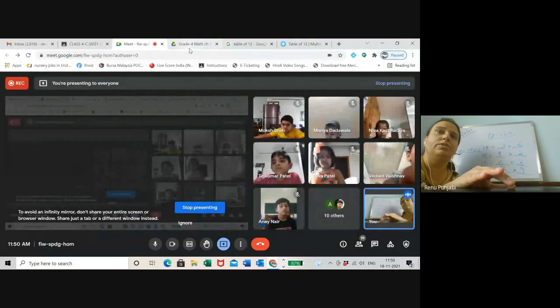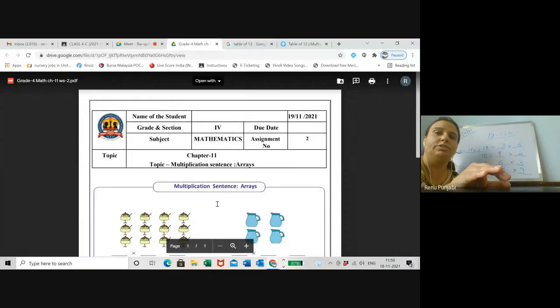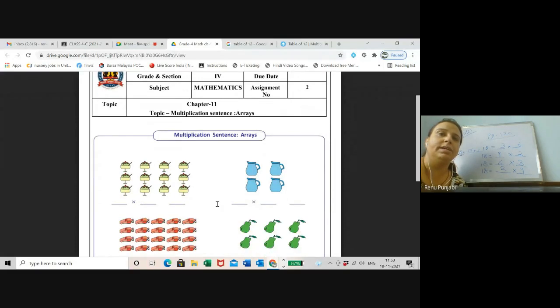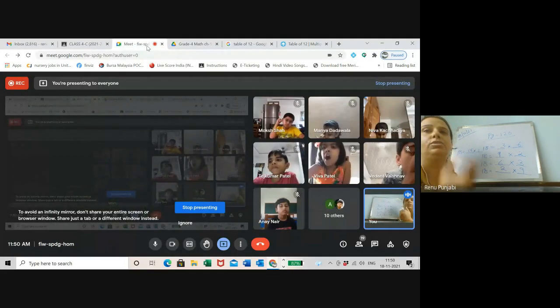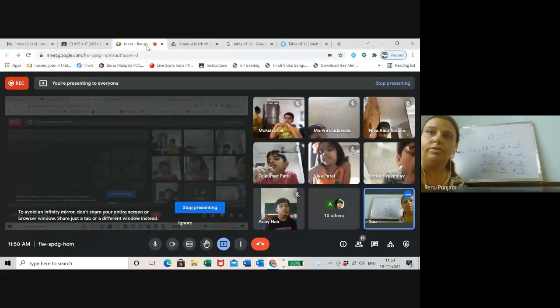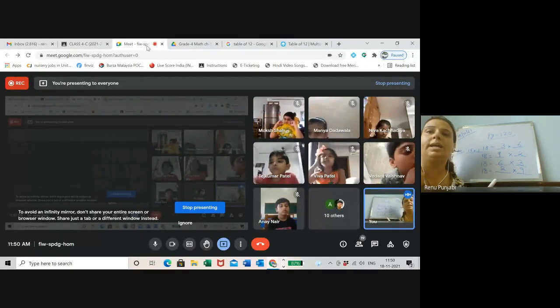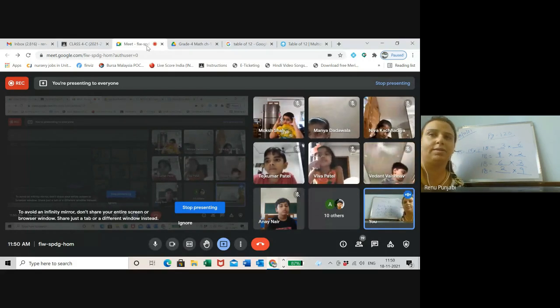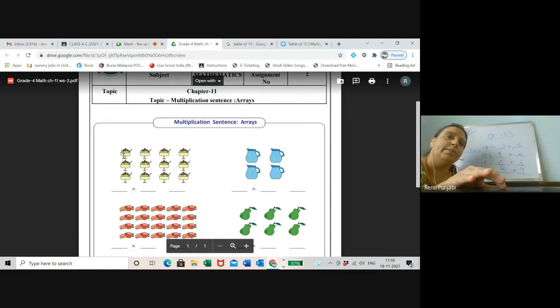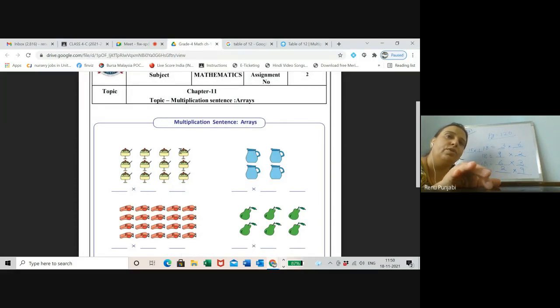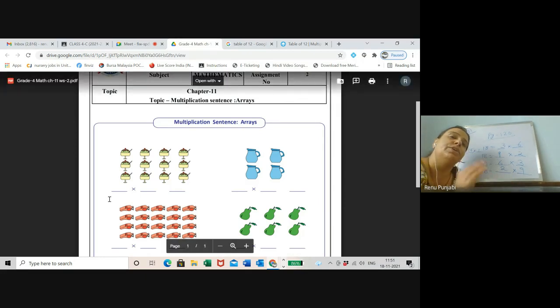The worksheet which I'm going to present right now, you don't have to draw the pictures. You only have to write the multiplication statement. Only fill this blank. Now, children, one thing I want to explain: you can take either the column first and the row next. It's up to you, because when we interchange the multiplicand and multiplier, the product will be the same. When you count the ice cream scoops here, there are 3 in the row and 4 in the column. So 3 into 4 I can take, or you can make the equation 4 into 3.